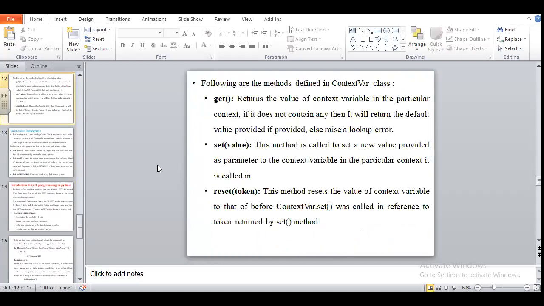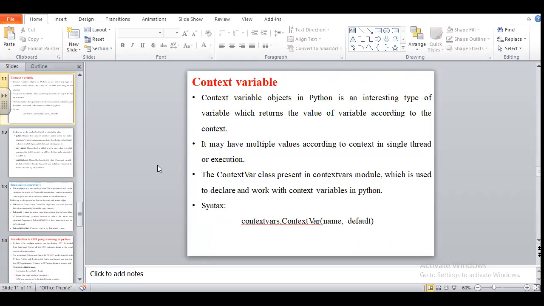Okay, next we will see one more small point. Next will be the context variable. We know how to declare variables, but one more concept is there, that will be the context variable. A context variable object in Python is an interesting type of variable which returns the value of the variable